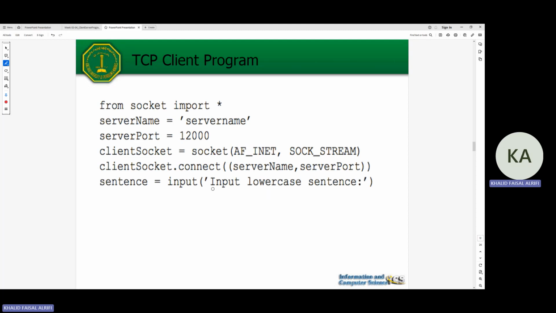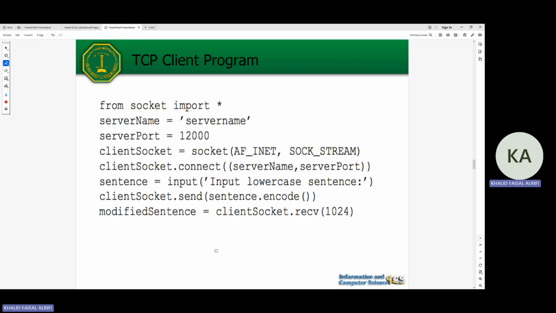He will enter any sentence in lowercase, and then we will send it to the server via the send command, and we will encode it, and then we will receive the modified sentence from the server. So we will have dot receive, and we will write the number 1024, and we will receive the uppercase sentence